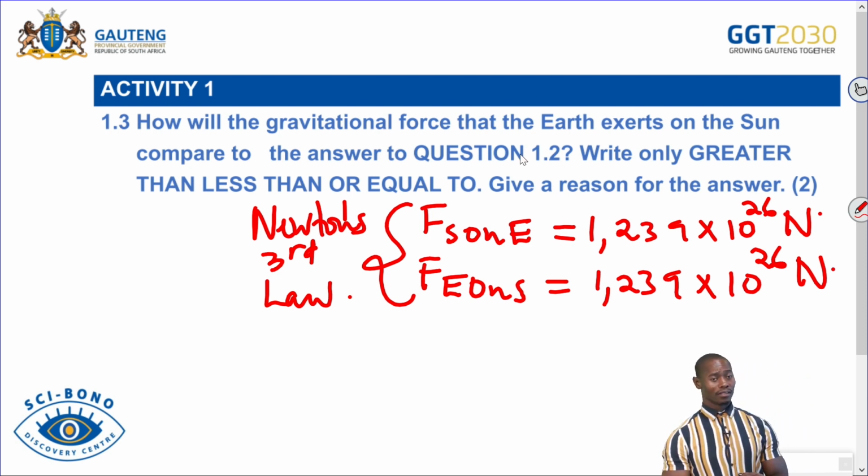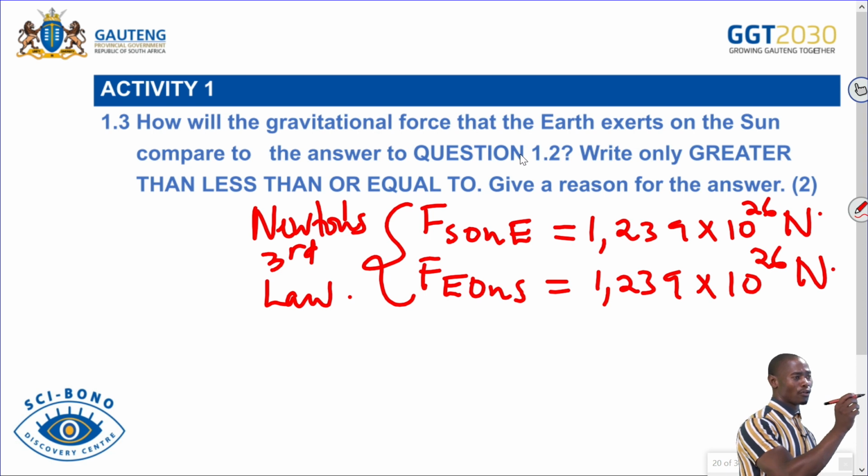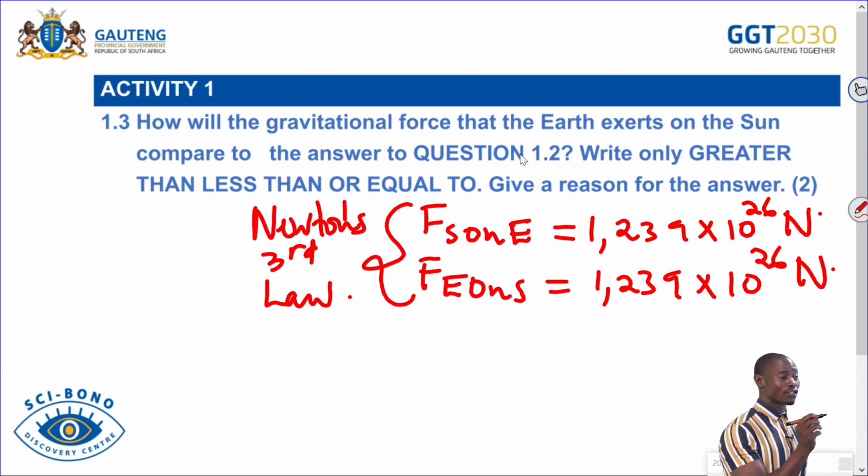Right? So this is application of Newton's third law, action-reaction pair of forces. The force exerted by the Sun on Earth is equal to the force exerted by the Earth on Sun, but acting in opposite directions. So if the force exerted by the Sun on Earth is 1.239 times 10 to the power 26 Newtons,